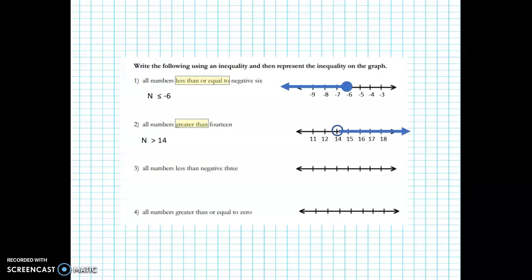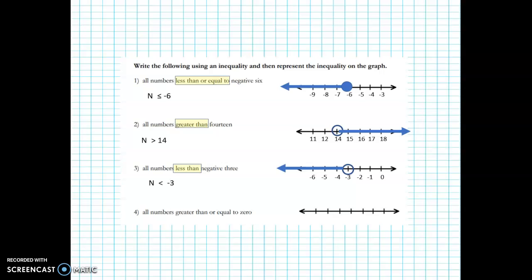All numbers less than -3. N less than -3. The less than tells us which inequality you use. Put the numbers on the number line. Since there's no equal to, -3 is not included in the solution set, so we use an open circle. Less than goes to the left, so -6, -5, -4, and every other number to the left is part of